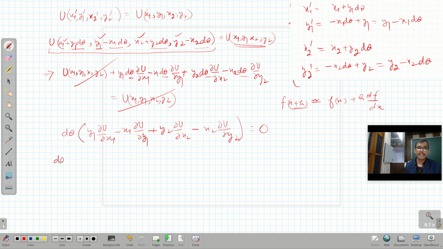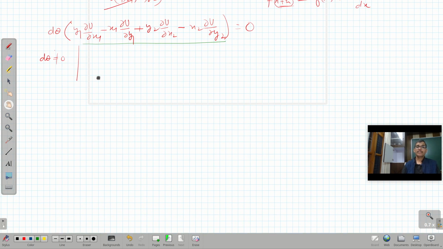As we know that d theta is not equal to 0, so that means this part is equal to 0. So let me write it down. So that means y1 curly u over curly x1 minus x1 curly u over curly y1 plus y2 curly u over curly x2 minus x2 curly u over curly y2, this is equal to 0,